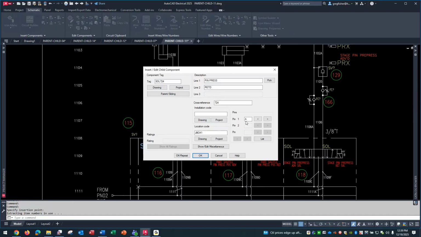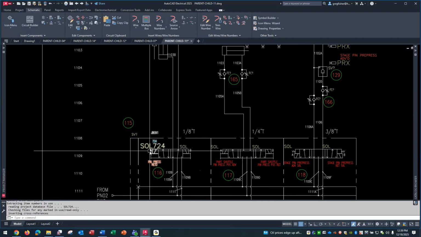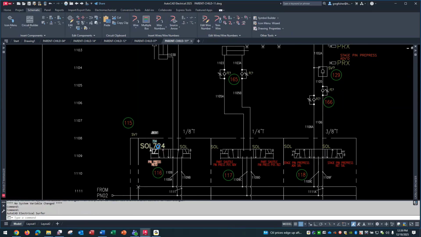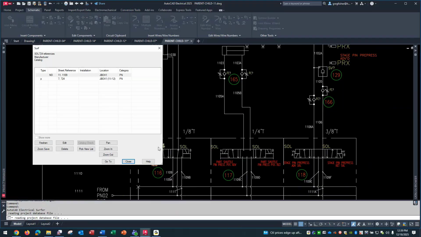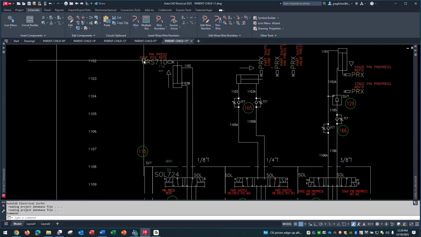This actually does have a pin/terminal number on it. And once again, and you can see it through the surfer too, you can see those symbols are indeed linked together. And then the same with